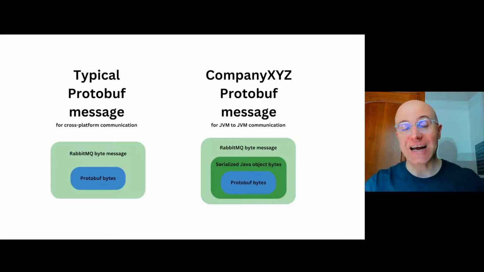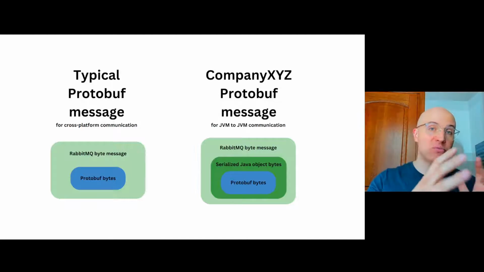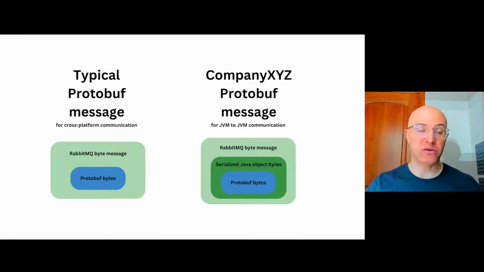So I wanted to share an interesting story with you today about a company that we've been working with. They are using RabbitMQ to communicate between the systems internally, and they're sending protobuf messages, but not over gRPC, over RabbitMQ asynchronous messages. The typical architecture for that kind of setup you can see on the left hand side, where you've got